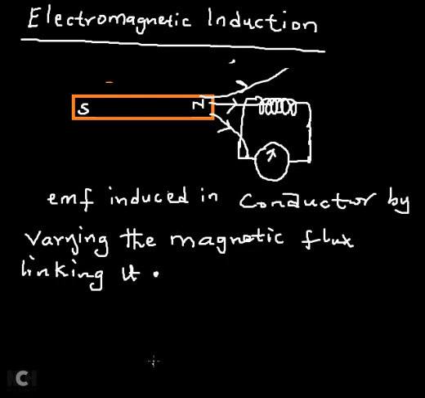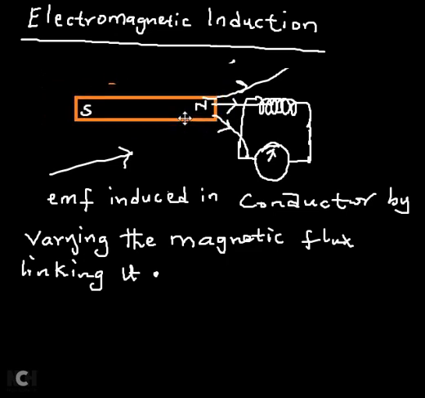To illustrate that, see a diagram here. Here I have a conductor connected only to a measuring instrument, let's say a galvanometer. This is a coil of wire, and it isn't connected to any source of voltage, but rather to a current measuring instrument. Now I bring a magnet, and this magnet is moved